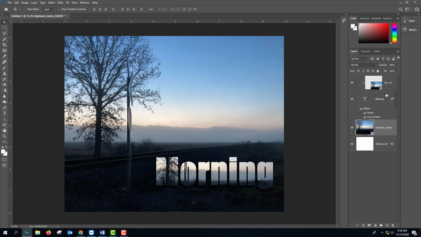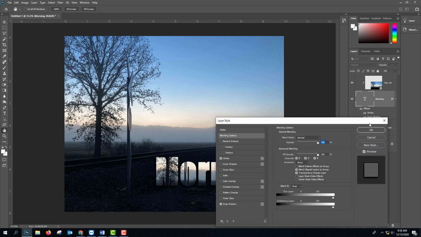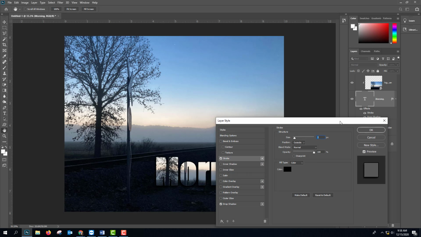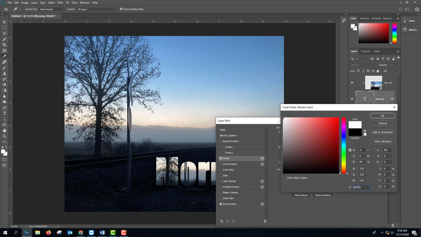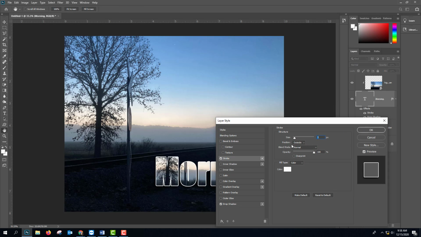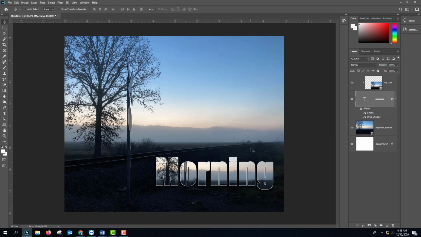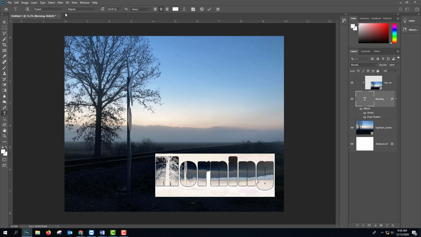I could double click again and get into the layer styles, or I can just click on just the stroke and it brings up that stroke menu, and I'm going to change that to white. Maybe tone it down a little bit so it's just a little hairline. Move this out so you can kind of see it on the fly. And I want to change, let's say, the font. So all of this stuff I'm showing you is something that you can edit down the road, so nothing is necessarily permanent. So I'm going to double click on the T,